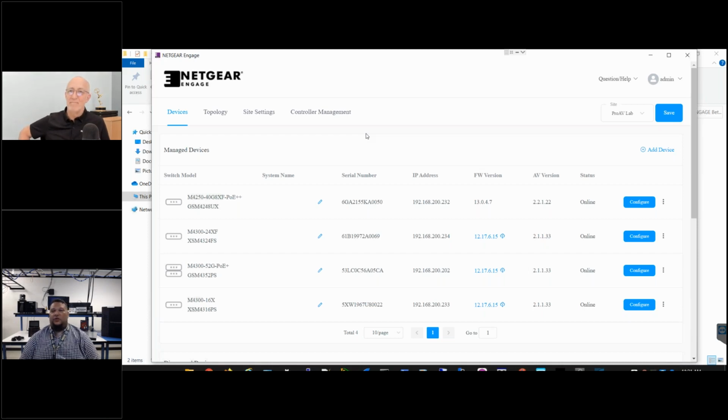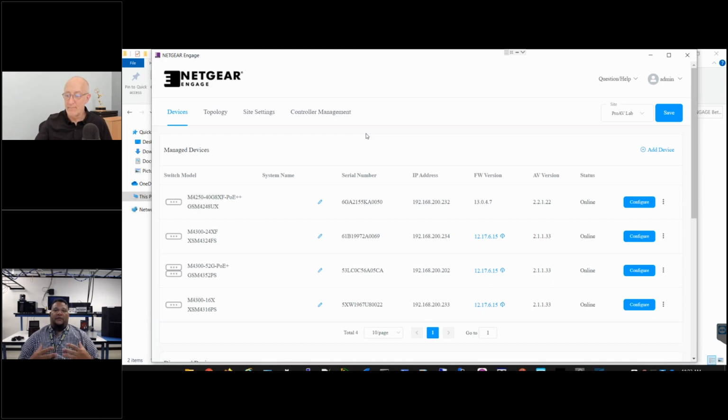It almost needs a server to run, a lot of processing power, and it's patched together with all the different older devices that we had. It just was not what I would expect NETGEAR to have. So this Engage controller, aptly named by John, that